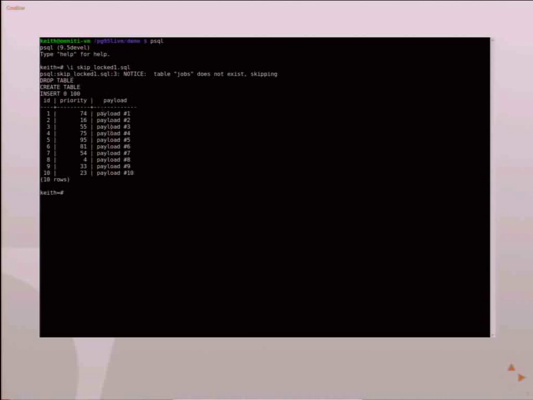So let's have a plain table here with 100 rows in it. It's just got some demo data. There's the first 10 rows there. So say you do something, what you do is select for update. I just did a select from jobs, and I got just one row, but I did 4 updates. So now I'm in a transaction. I did a begin. So that row is now locked if something else tries to come along and look at that.